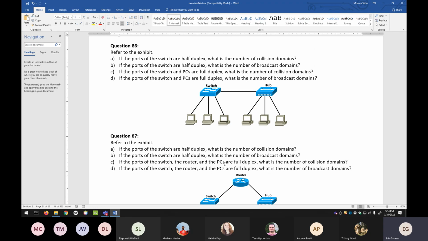Question 86, refer to the exhibit. If the ports of the switch are half duplex, we have an old switch. What is the number of collision domains? So if we have an old switch,